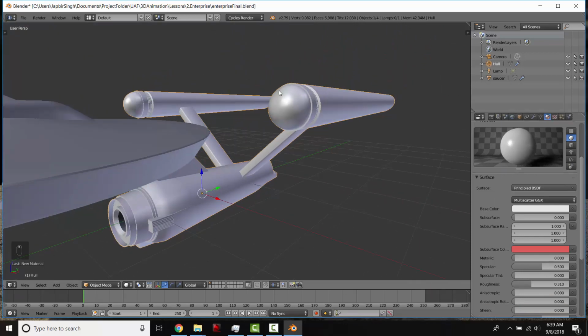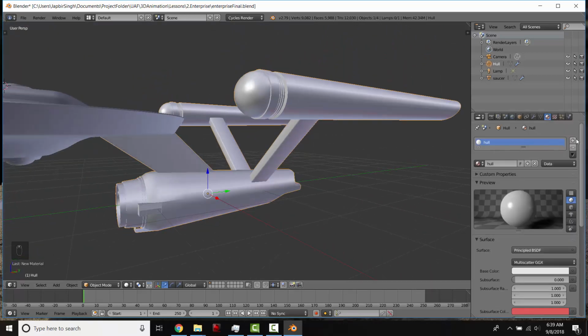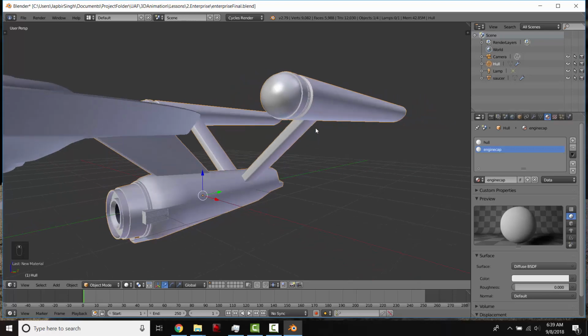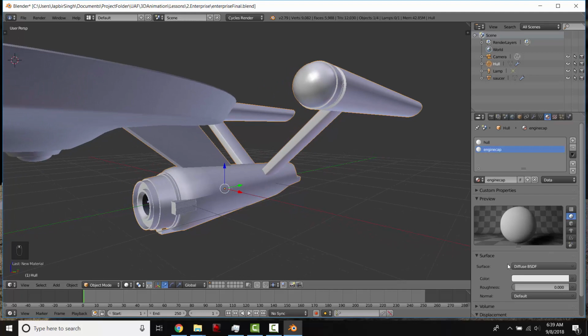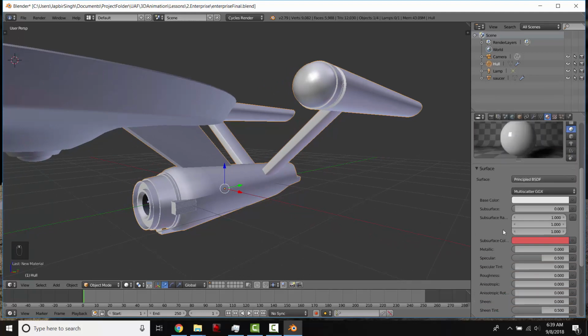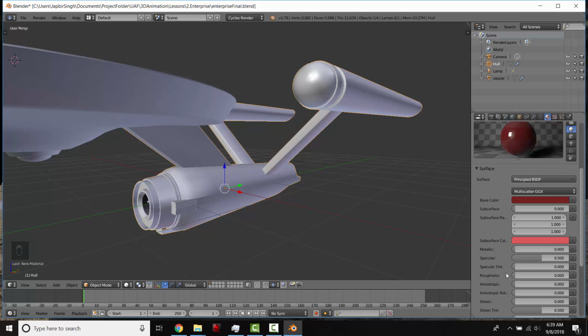So now let's add some color to these engines. So go up here, make a new material, and call it like engine cap. And if you look at reference images of the early ones, they look kind of metallic. So go to your principled shader. We're going to make this dark red, and make it all the way metallic, so drag metallic all the way up, and then add some